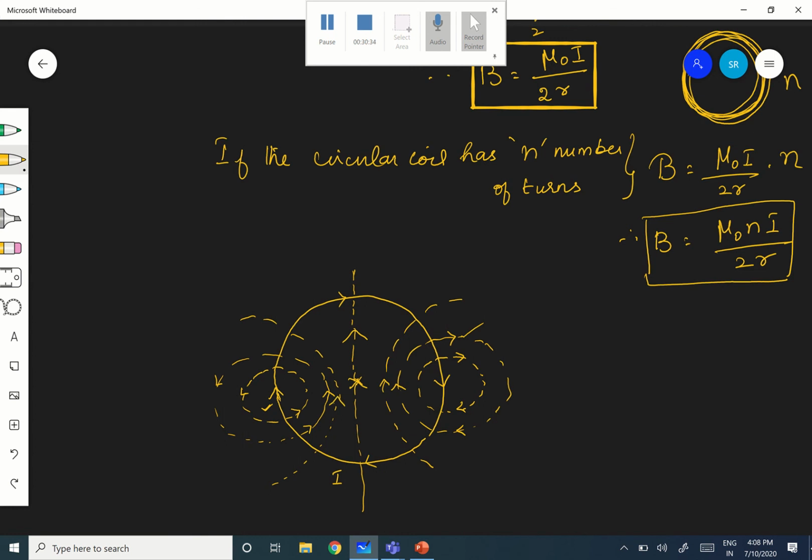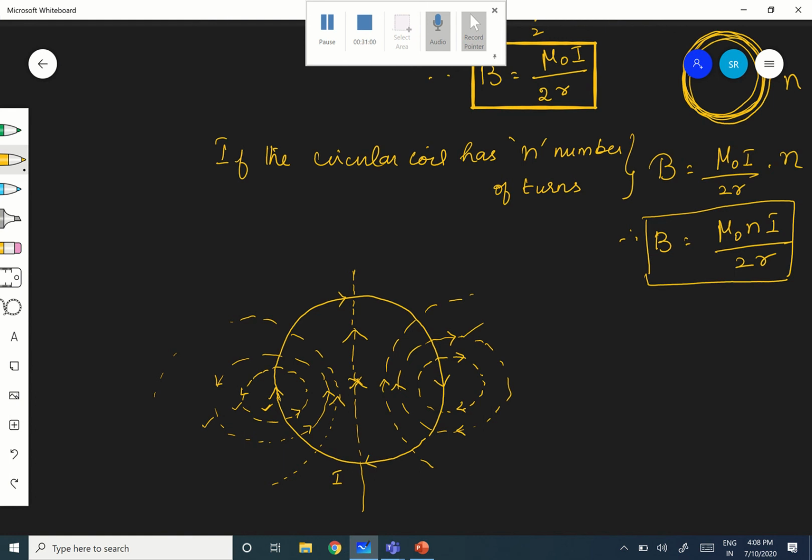This is nothing but, see, if you are keeping it, it will be going like that. So there is no need to draw, I have just kept it like this. Okay, first two circles I have shown. Okay, loops. This is nothing but magnetic field lines, circular. Okay, magnetic field lines. And the other ones, just like that, if you keep them also, it doesn't matter. This is the perfect diagram for magnetic field